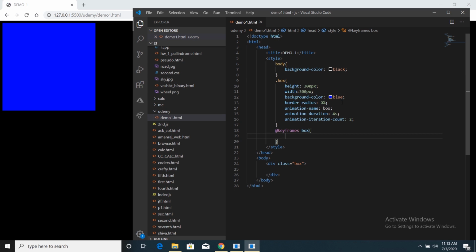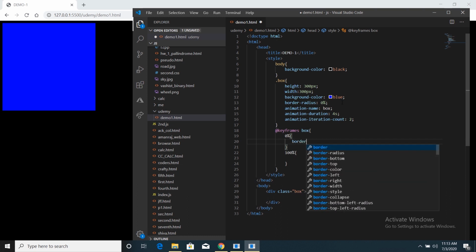Then we can start from 100%, or we can start from 0%. It is your interest. I generally prefer starting from 0%. That means, what are the features of that div or that class that I'm having at 0% of that time, at 50%, at 100%, at many intervals we can select. Okay, I'm just using two intervals now. That means some value will be there at 0% and some value will be there at 100%. So first of all, at 0% I am mentioning the border radius as 0%.